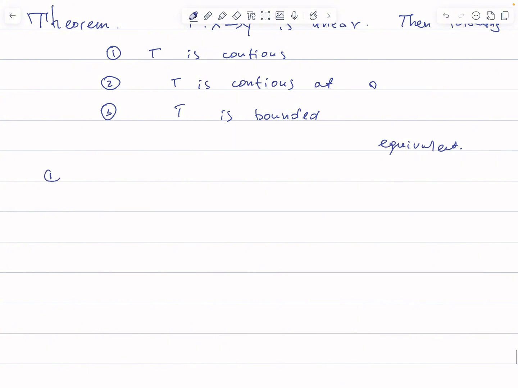From the first to the second, it's obvious, because if T is continuous, then T is continuous at each point, and one of these points is 0, so T is continuous at point 0. And from the second to the third, let's prove it. We know that at the point 0, T is continuous. What does it mean? There exists delta such that if the norm of x minus 0 in X is less than delta, then